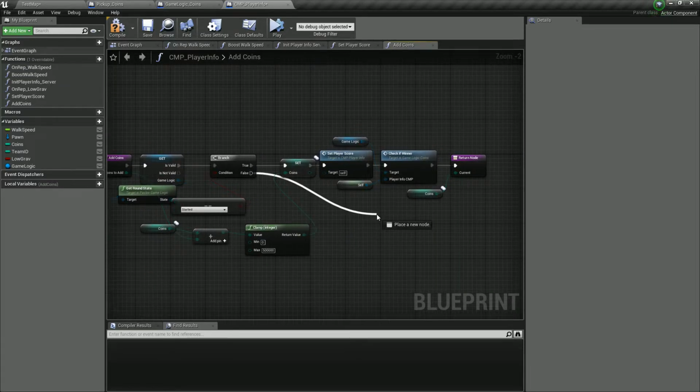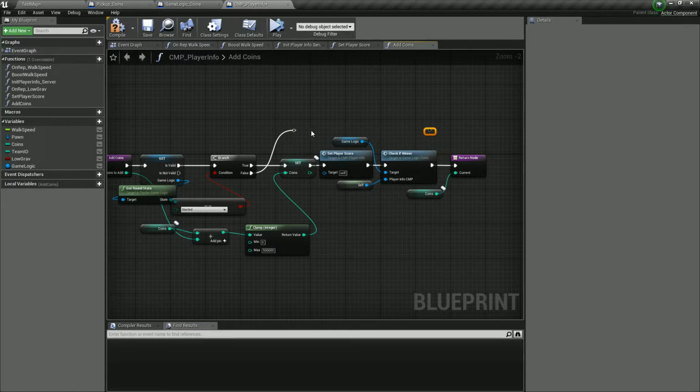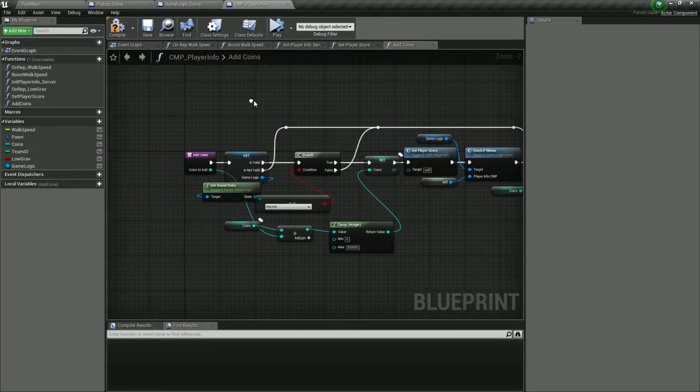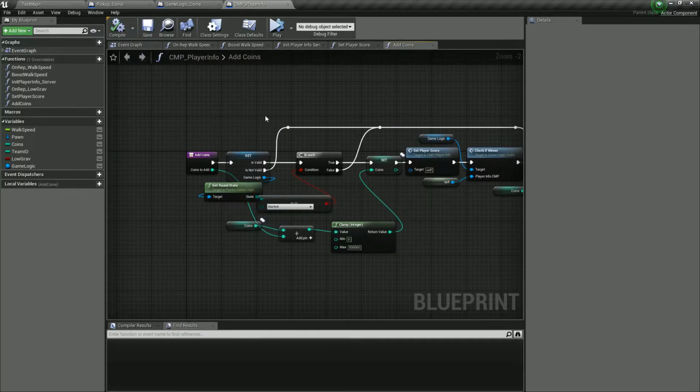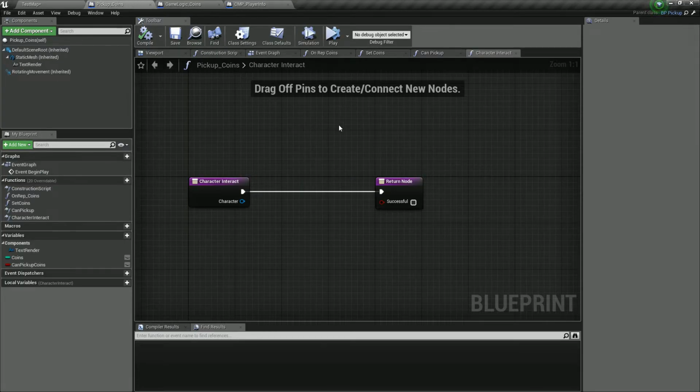You need to also make sure that this is hooked up in all cases, so we'll add a reroute node here, and we will add this to our return node. Do the same thing over here, and there we go. We finally have our add coins function finished, which means we could go back to our pickup coins,